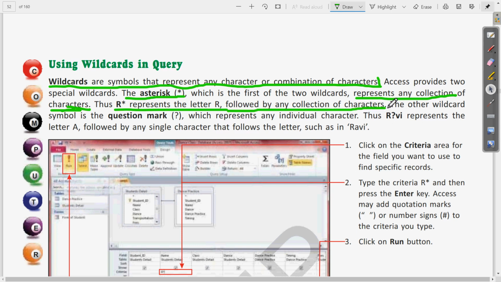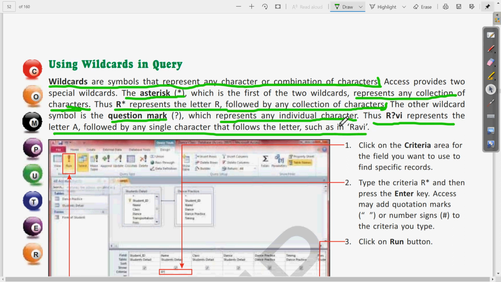Clear? Then the second point, the question mark. Write the answer point wise. First was the asterisk we have written, then second is the question mark. So question mark represents any individual character. Example: R question mark VI represents the letter A followed by any single character that follows the letter, such as in Ravi. Clear?